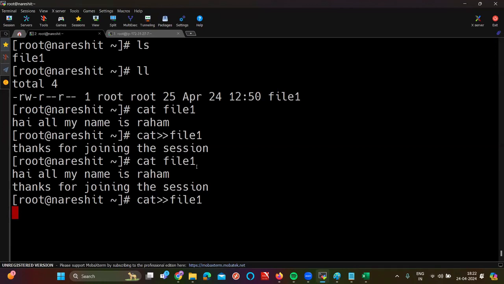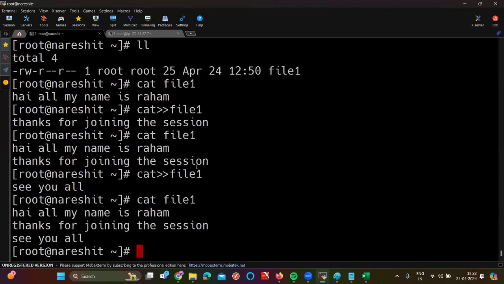Write some content. Here I am writing see you all, for example. Now I wrote my content. What is the next step? Enter Control D. This is to save and exit. Now how can I see the content inside the file? Cat file one. Are you seeing or not, sir? In this way, if you want to insert the content, you can insert.